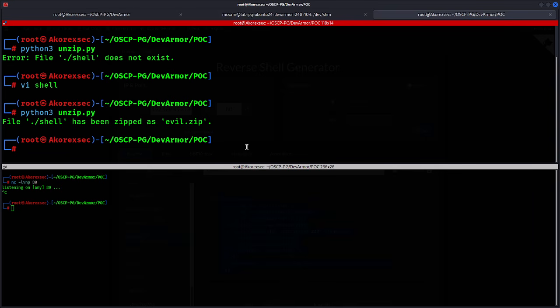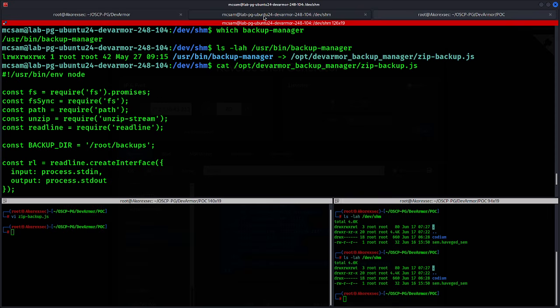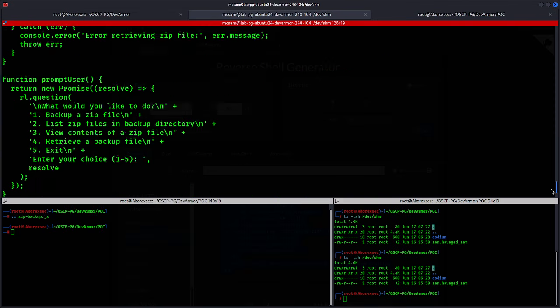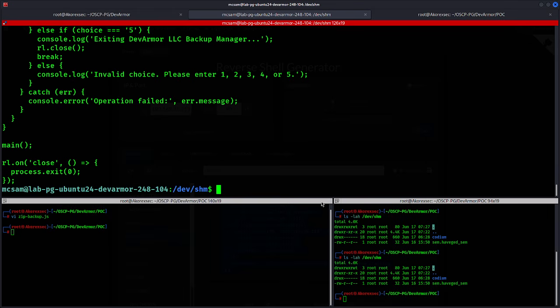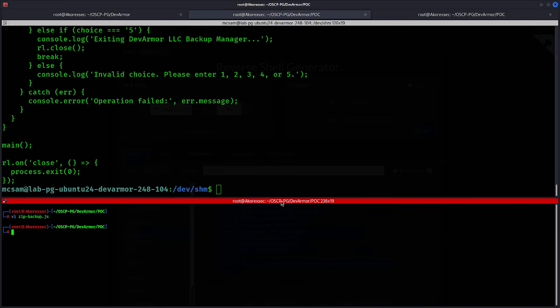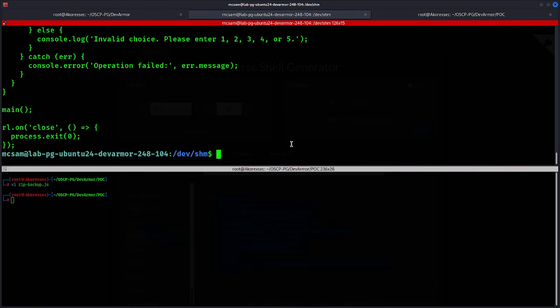So let's do python3 -m http.server 80, and now let's exit this out, and let's do